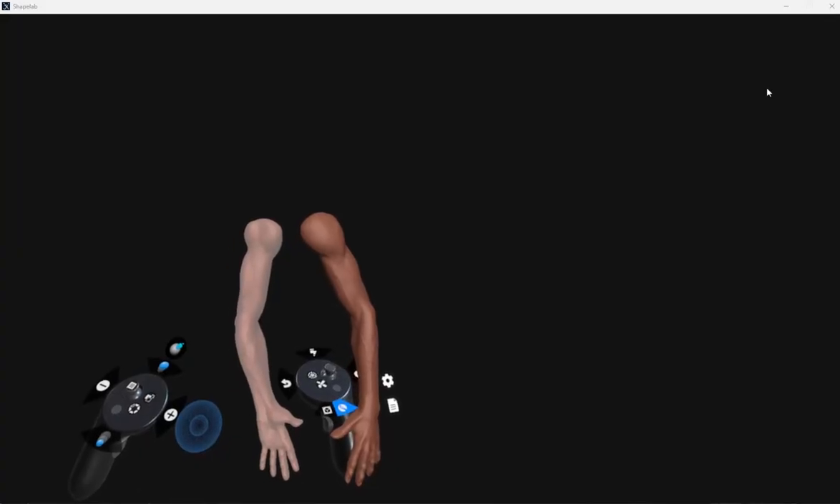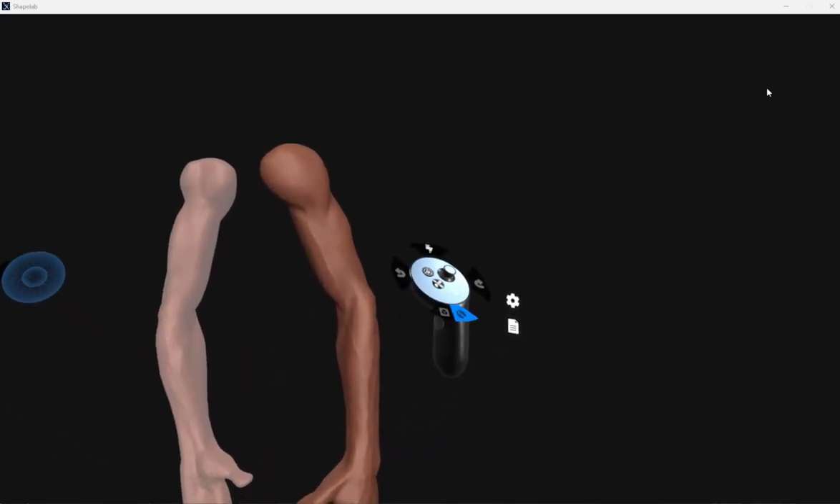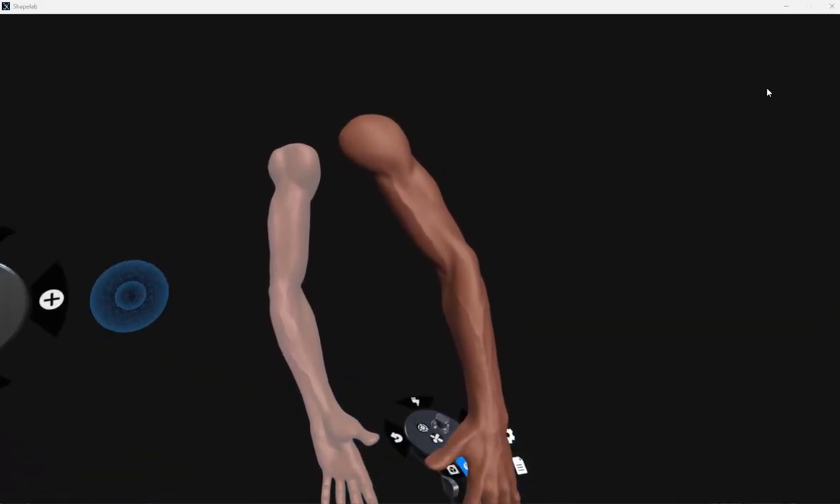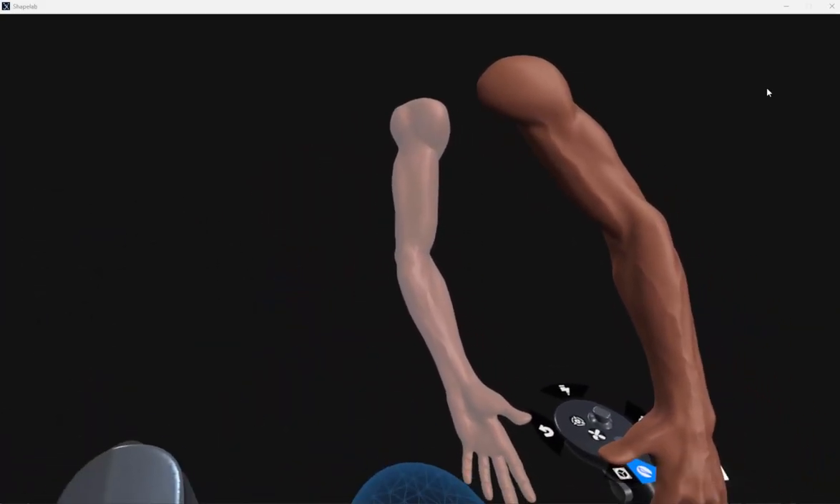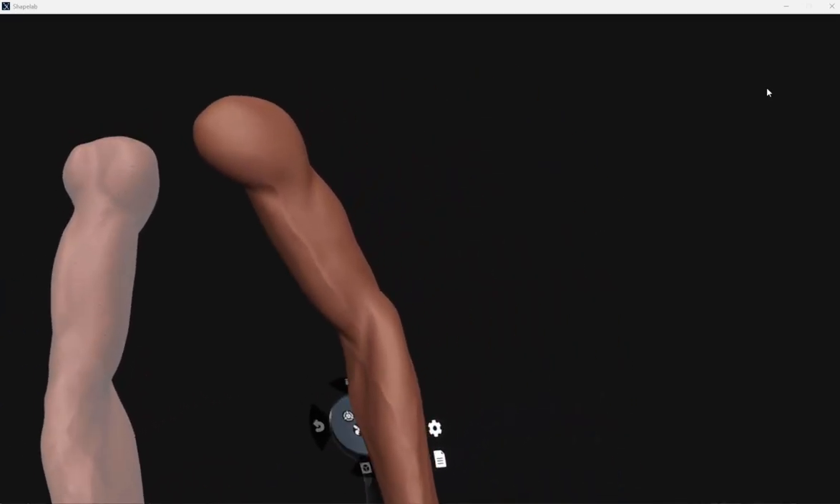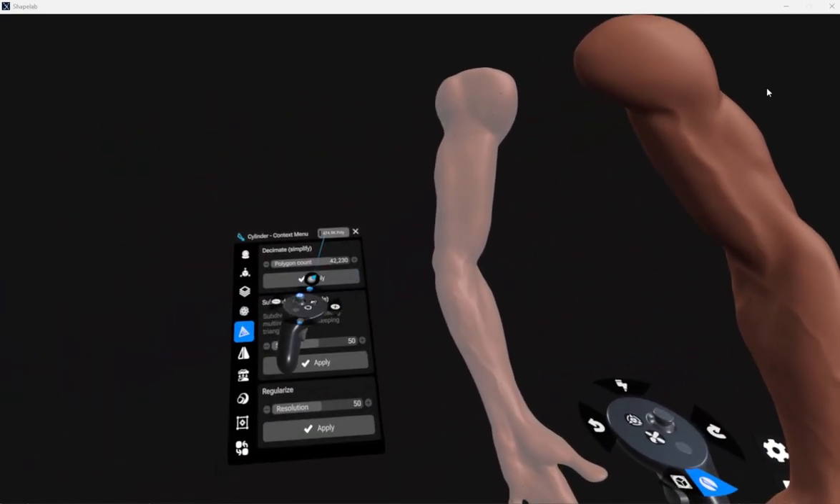So there are a few things to point out with the dynamic topology system. It works well for the most part, but I believe there's going to be some more work done on it because there are a few issues with it. So if I pull up